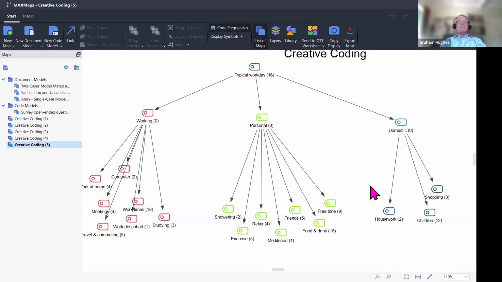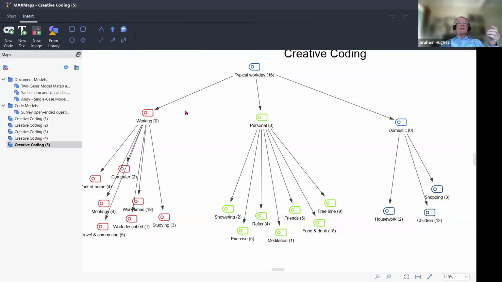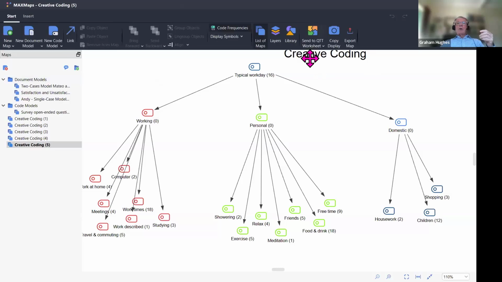Now in Max Maps, I probably have got tools if I wanted. If I select something, I can change details of it if I want to change the font of the code labels and things to pretty things up. But if I go back to my Start menu, I've got the possibility of sending this map off to a QTT worksheet, or exporting it in some way, or taking a kind of photo of it, copying it as an image, to put that image or